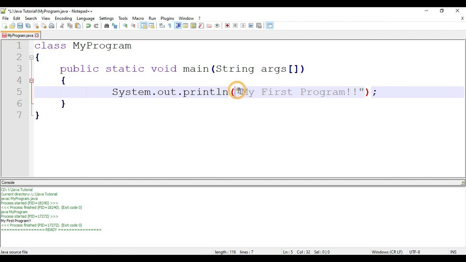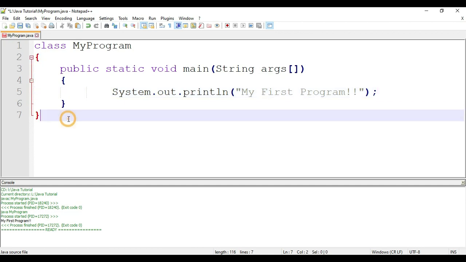Then the message you want to print should come in double quotes, and since println is a method, we have to use parentheses. Then we have to write a semicolon. All statements in Java are terminated by a semicolon. So if you have done C programming, the syntax is much more similar to C programming. Then one more point to remember here, you don't have to put any semicolon after the class closing bracket like you do in C++, if you know C++. So these are the keywords which we use for making a Java program.